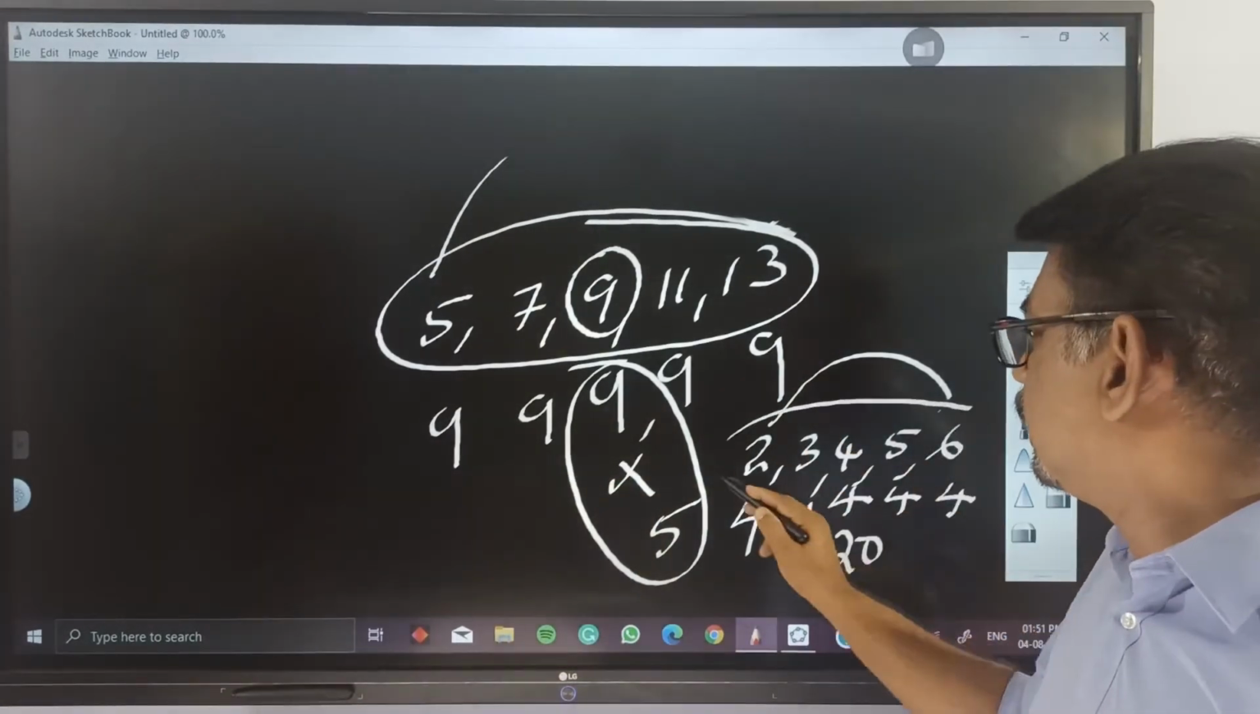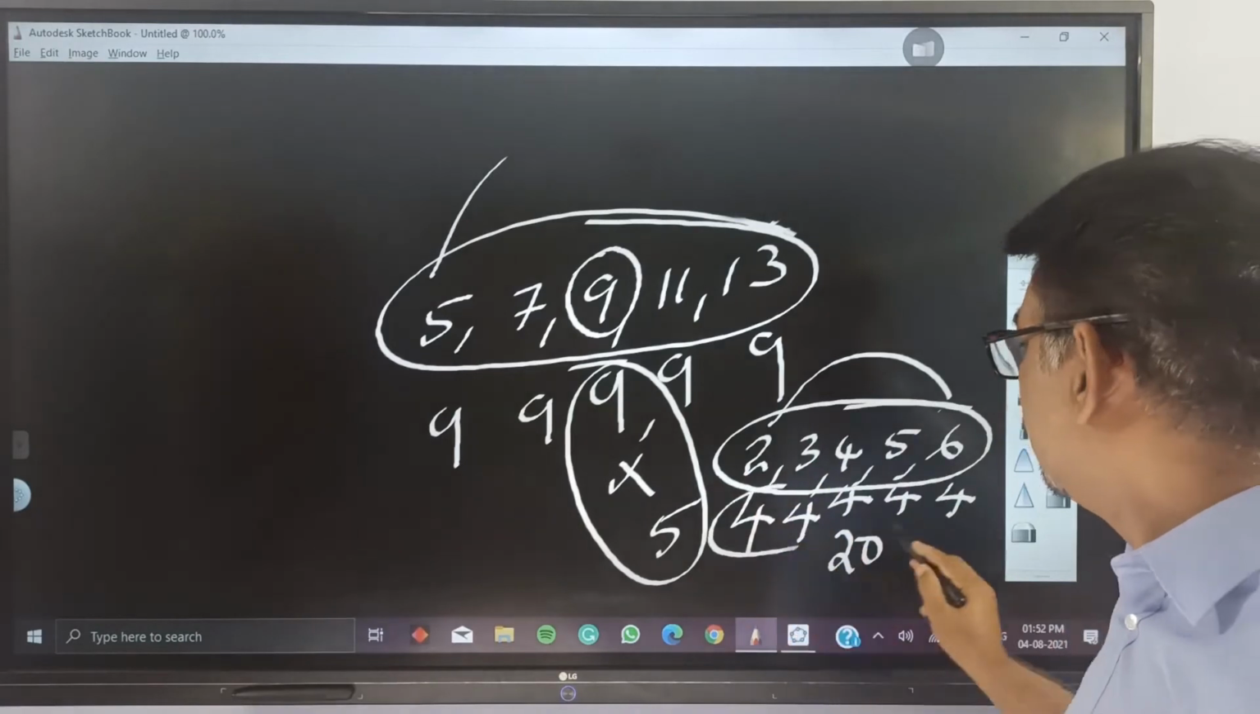So, in order to get the sum of these 5 terms, it is enough to find the sum of these